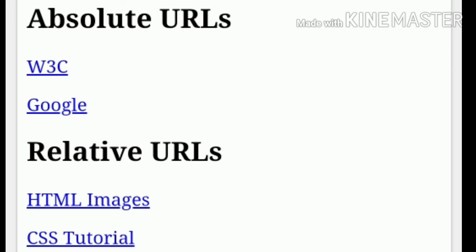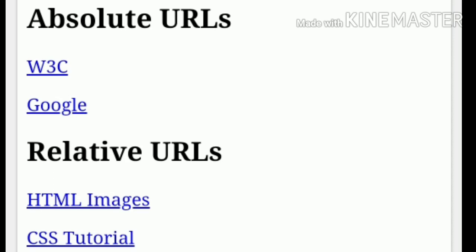When you click on that image, the output will be displayed in a particular way.